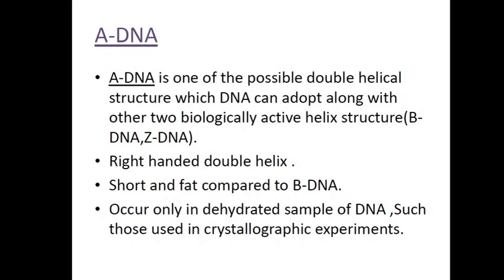Now while studying the A form of DNA, which is short and fat compared to the B form of DNA, you can press that spring with, say, a finger and a thumb. If you keep on pressing, what will happen? It will become shorter in length. But in doing so, its width may increase. So when you apply pressure and try to reduce the length of that particular spring, it is converted into a short and fat one.